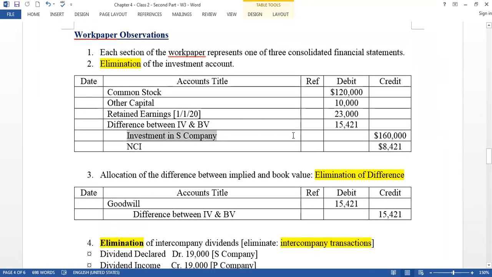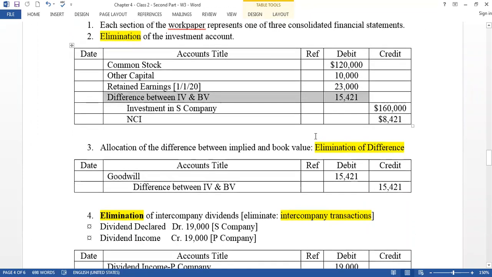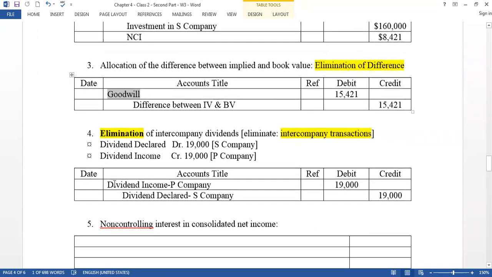We close our investment accounts. We establish non-controlling interest, and we close the subsidiary's equity account. We close the parent company's investment account, we establish NCI, and we find a difference. What we did was allocate the difference to the goodwill account. That means we close the difference and allocate it to the goodwill account. And as it is a cost method,